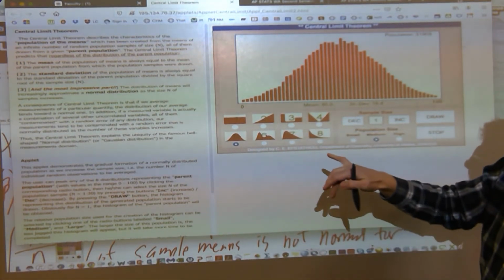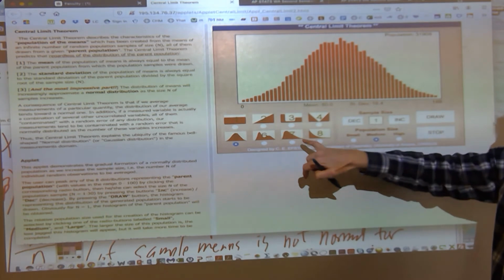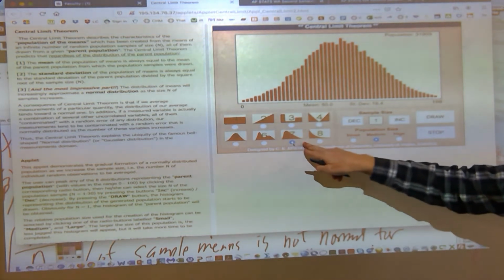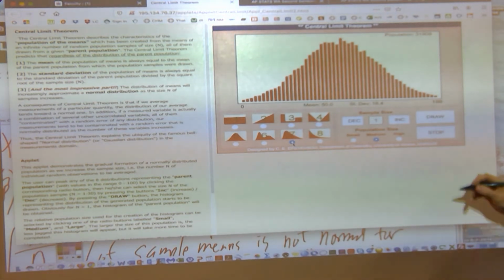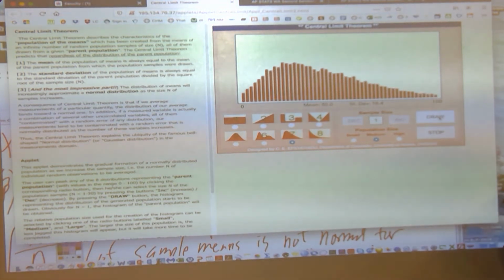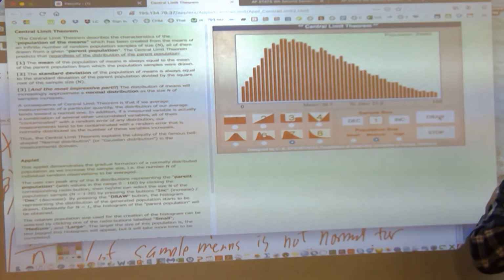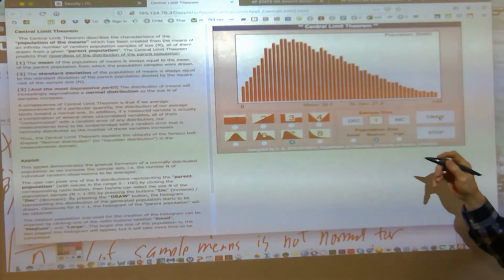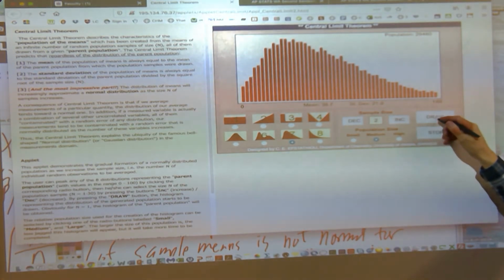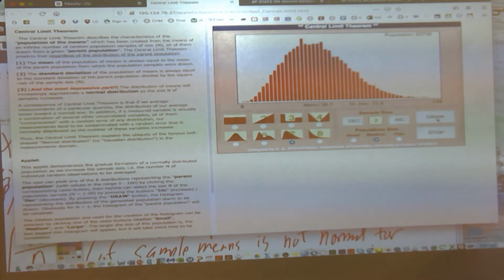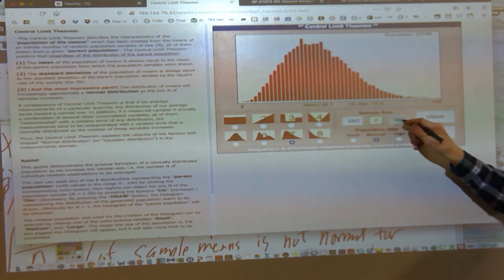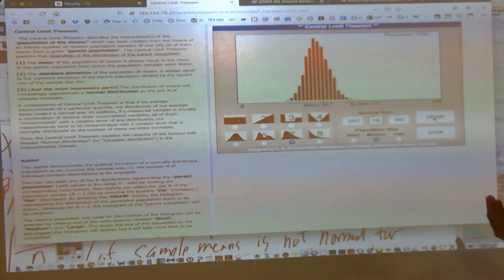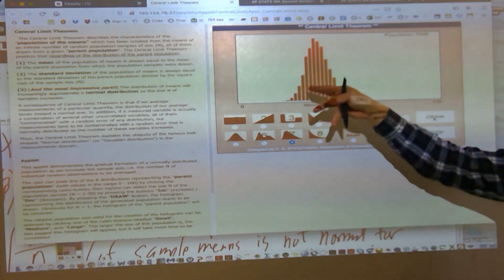So here's a skewed left population. In fact, here's one that's skewed right. So let's take population 7, it's severely skewed right, correct? Do we agree? So let's take samples of size 1. The sampling distribution of sample means is skewed right. But as the sample size increases, the sampling distribution of sample means has a shape that becomes more and more normal. If we randomly select 16 people, then we just get a normal distribution.